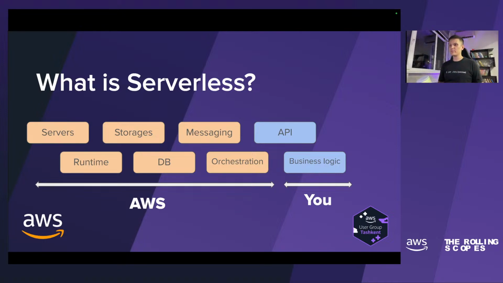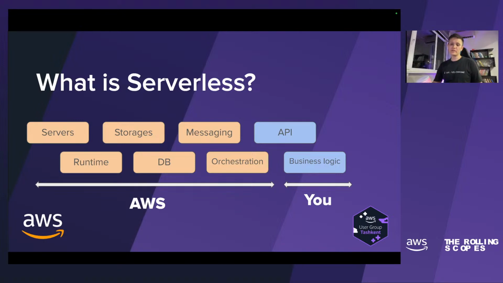It will use databases, it will be orchestrated, and all this stuff will be managed by AWS. And AWS guarantees that all will be fine. Servers will work, messages in the queue will be delivered, and so on. All you have to think about is providing proper code which implements your business logic and managing the public API.